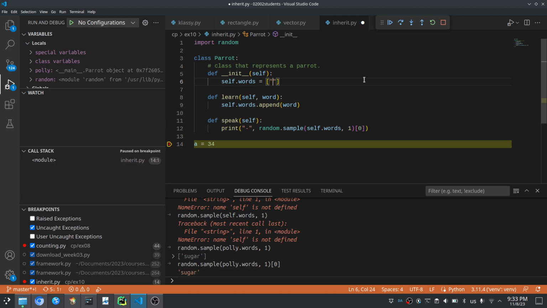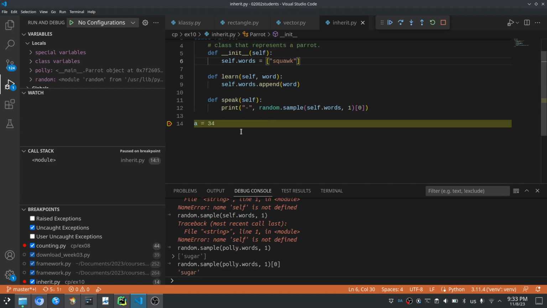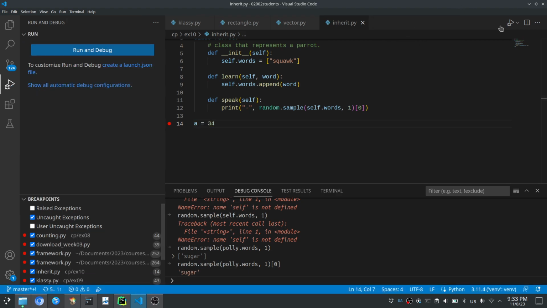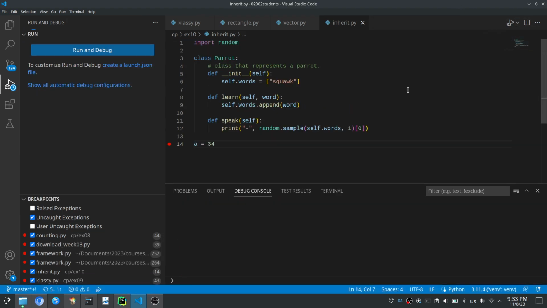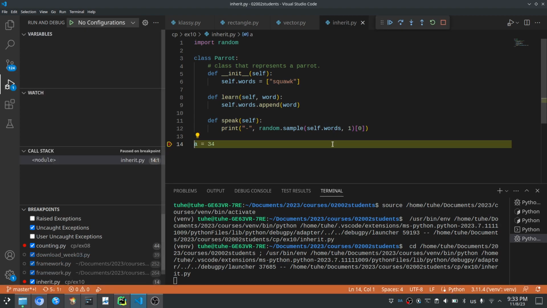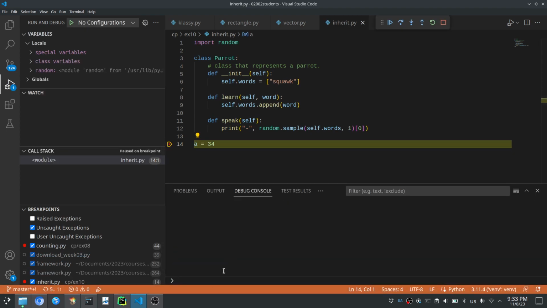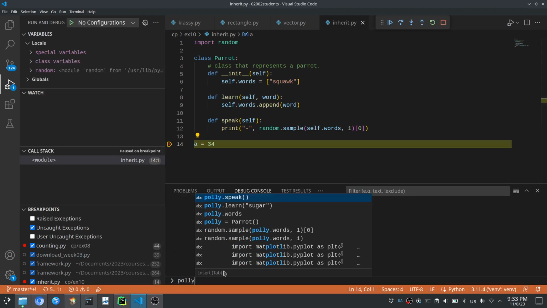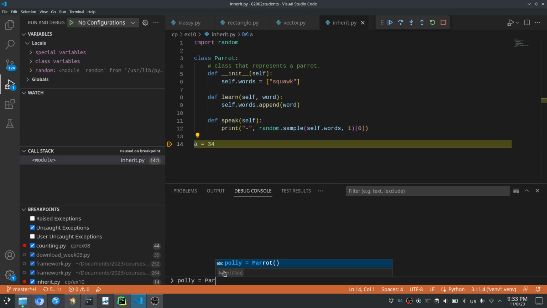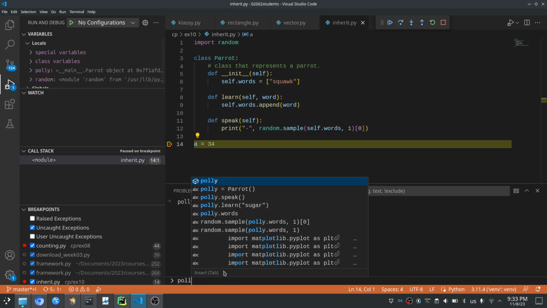So maybe what we do here is, yeah, we just say squawk, right? That's what the parrot knows from the start. Okay, so I'll just restart the debugger with these changes, and now I think we have a functioning parrot class. So let's test it again. Polly is a Parrot, and now Polly